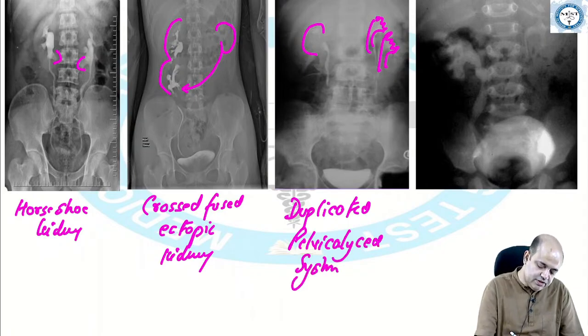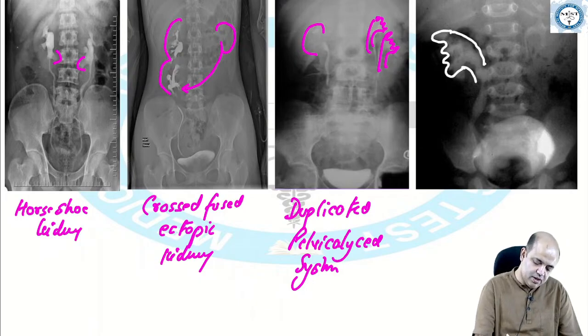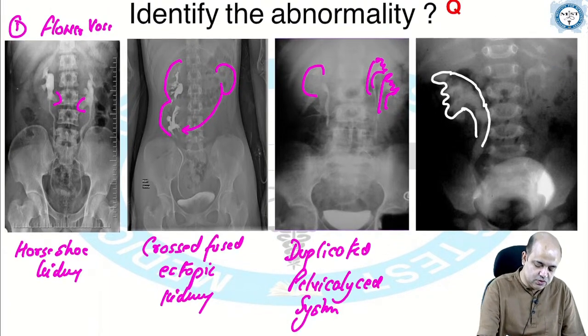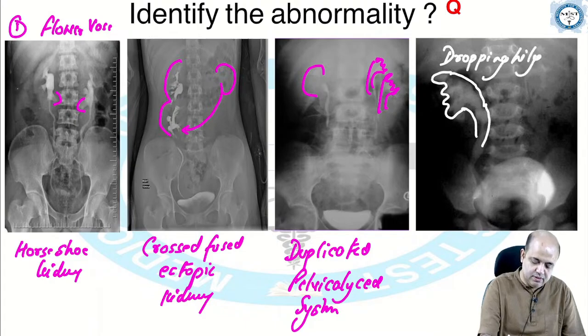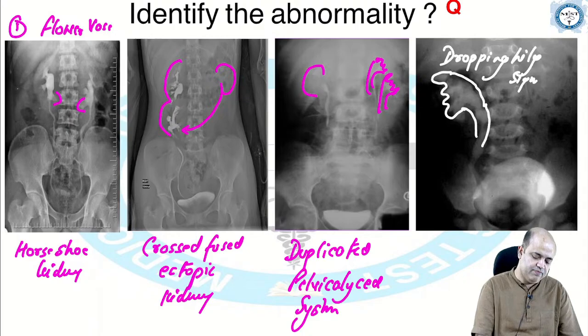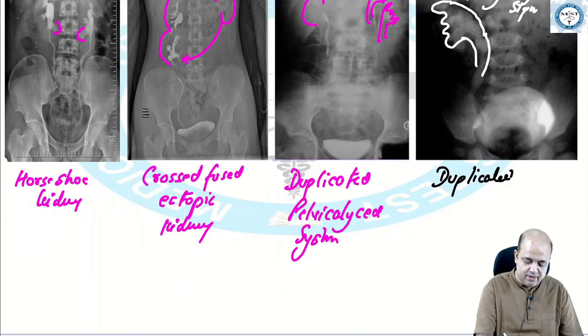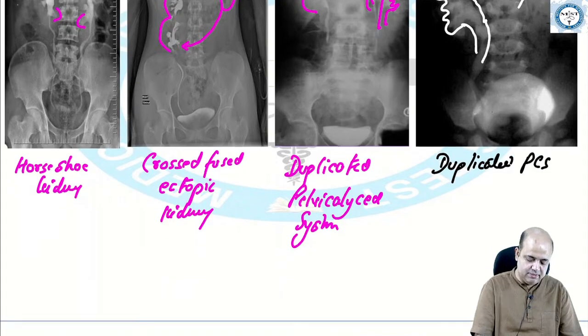Here what do we see? We see that the pelvic calyceal system is drooping down. This is called the drooping lily sign. It is also a sign of the duplicated pelvic calyceal system,